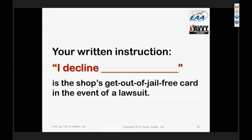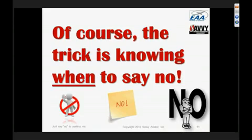So you need to be very clear with your shop about what you want to approve and what you want to decline, and you need to do it in writing. If you do that, then you have control over the process instead of leaving the control in the hands of mechanics whose interests are different than yours. His interest is in minimizing his liability. Your interest is in having a safe and reliable airplane on a budget, and those are very different objectives. We encourage owners to be very proactive in keeping control of the maintenance of their aircraft. Of course, the trick is knowing when to say no